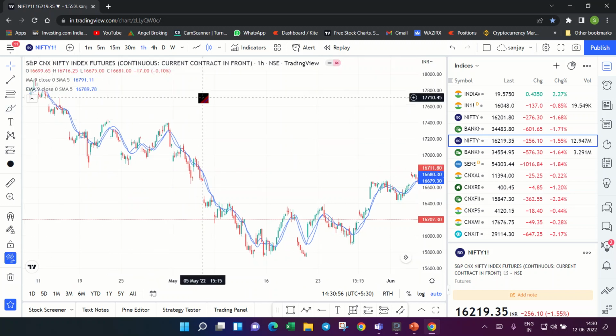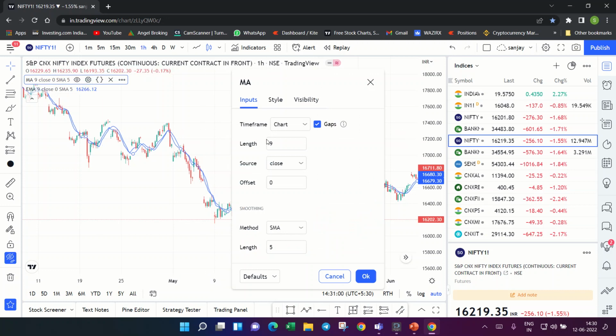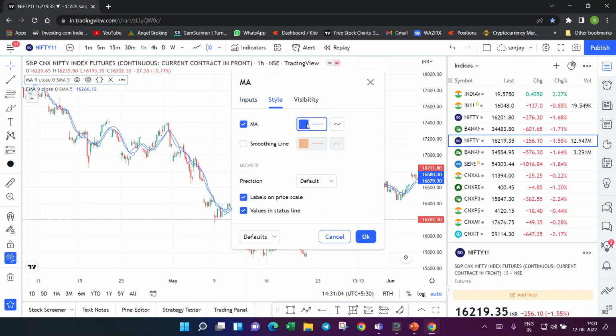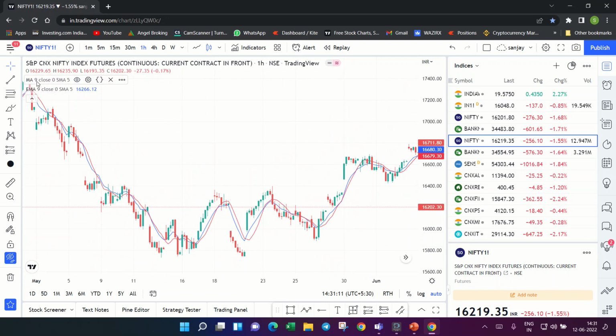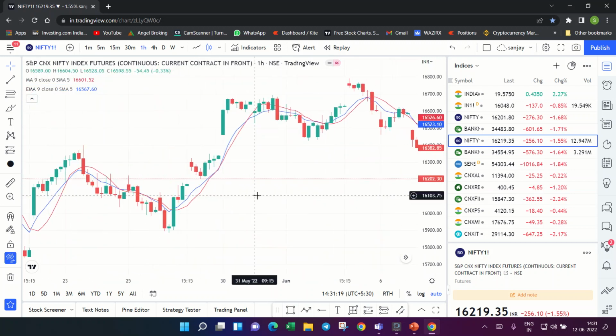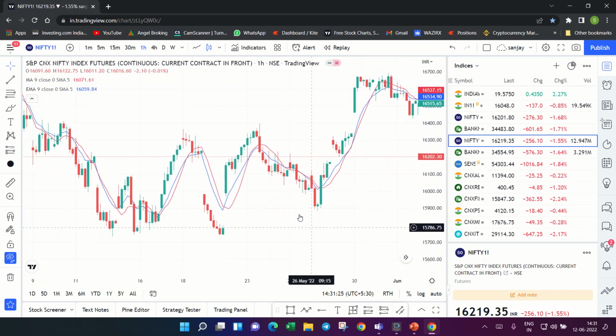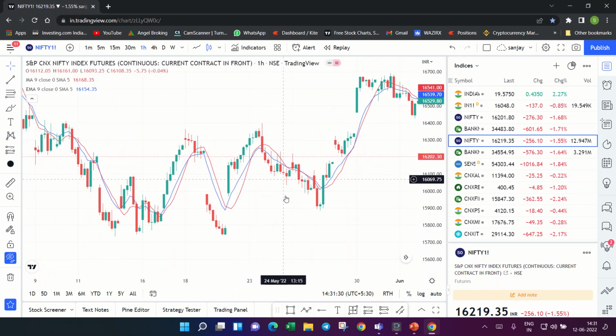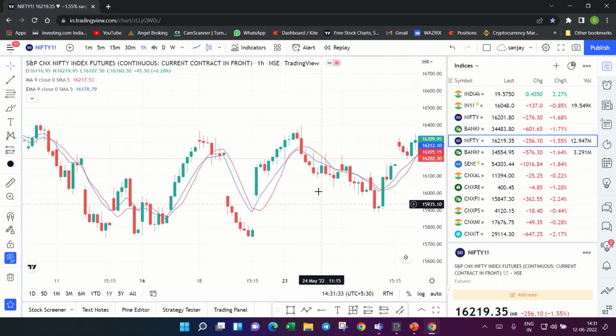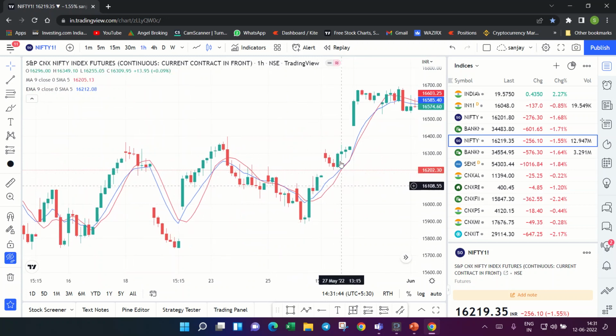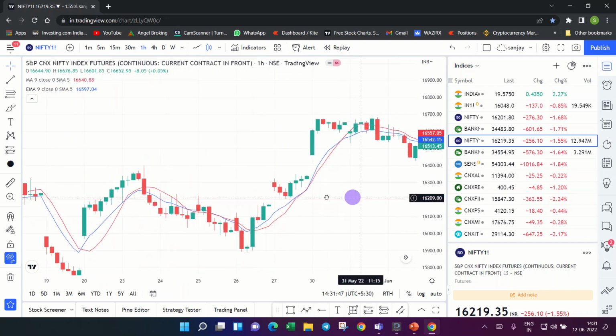So you can see, let's change the color. The simple moving average would be of red color for the 9-day period, you can see here. And the EMA for the 9-day period, both moving averages are for the same period, but the blue one, the exponential moving average, is reacting very fast to the price. They have a little discrepancy. This is the difference between a moving average and an EMA. The EMA reacts to the price much faster than the simple moving average. Okay,